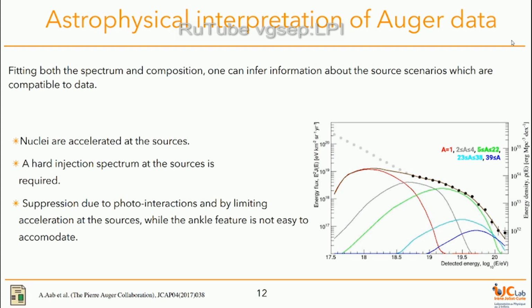In addition, the suppression at the highest energy is given both by the interaction of ultra-high-energy cosmic rays with the cosmic microwave background, and by the limit on the maximum energy that an accelerator can give to the cosmic rays. In the current scenario, we need just a few EV to have this explanation. Of course, one weak point of this model is that it cannot explain the part below the ankle.